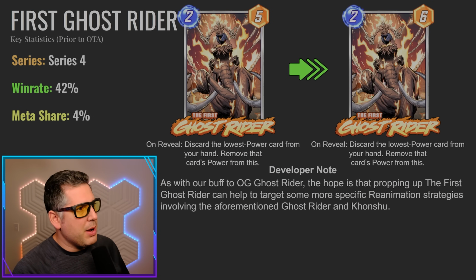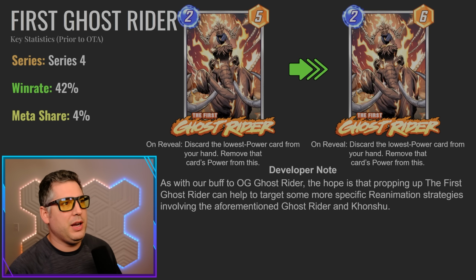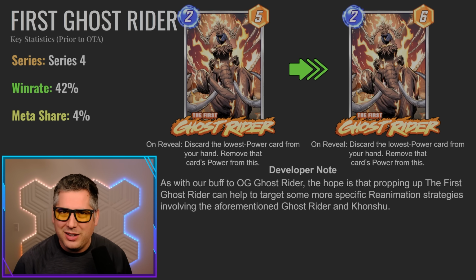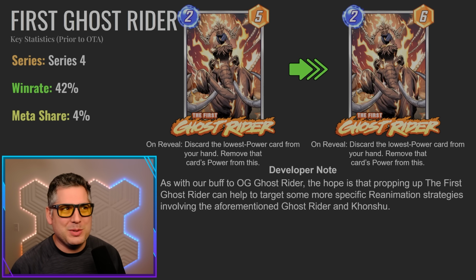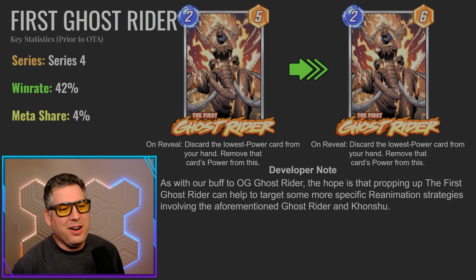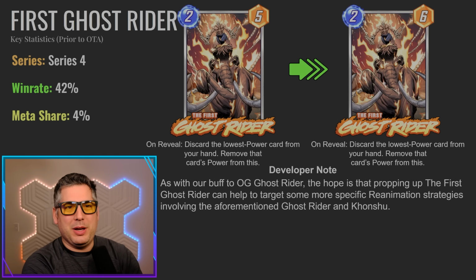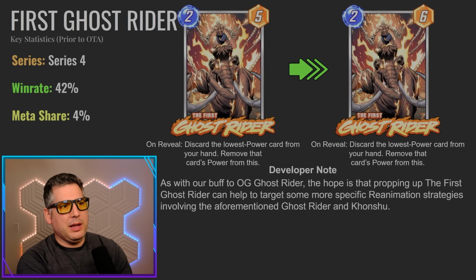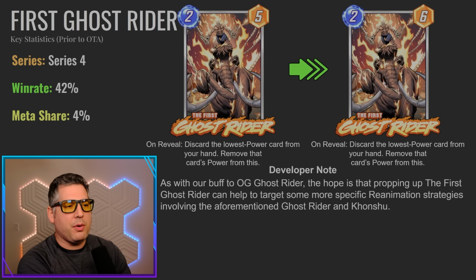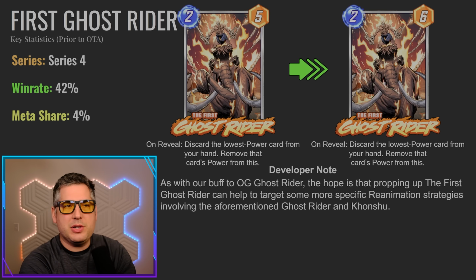Continuing the discussion about discard, we do have the first Ghost Rider, which honestly no one cared about and no one played. It goes from a 2/5 to a 2/6, which honestly, is that the original stat line? I might be wrong, but I'm pretty sure the original stat line was 2/6, and then they dropped it to 2/5, released it, and now they're back to 2/6. Unfortunately, it just hasn't seen much play, and Coccia has been on the periphery of being pretty legit. I think it's performing pretty decently overall,